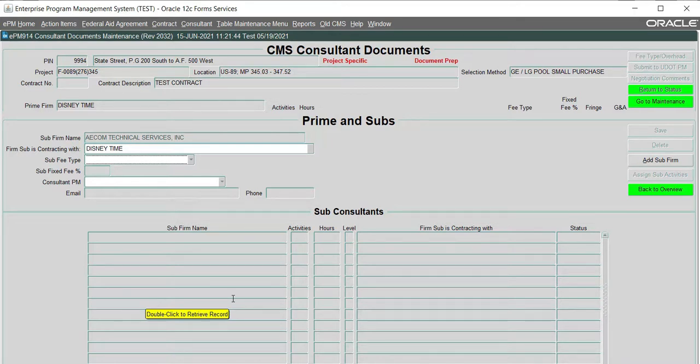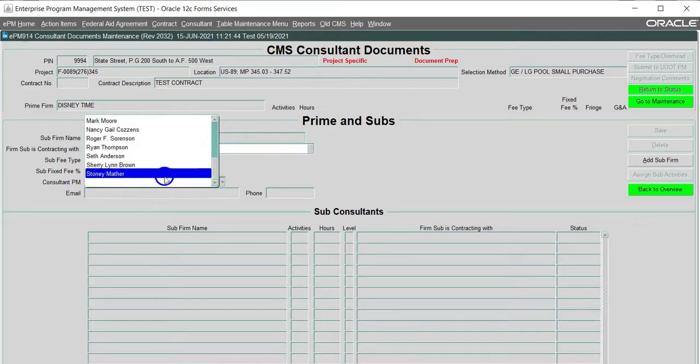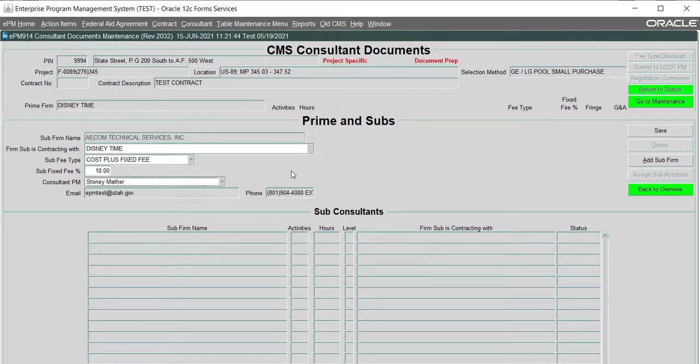Now both a fee type is required to be selected and also a consultant project manager needs to be identified. When entering a fee type, if cost plus fixed fee is selected for the sub-consultant, the fixed fee percentage may not exceed that of the prime consultant's amount without justification. So let's go ahead and enter the sub fee type, the sub fixed fee, and the consultant prime PM. Now again, this is just for an example for this training. Now click on Save,